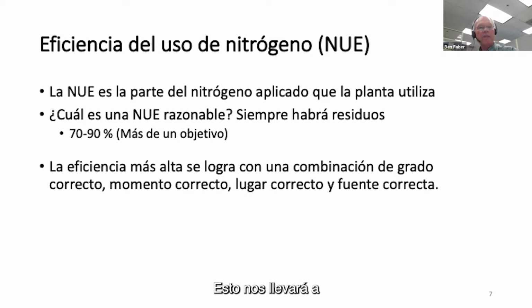So that'll lead us to what we call the nitrogen use efficiency, when we compare the amount of nitrogen that is required versus that which is applied. So, no system is completely efficient. You put on nutrients by way of water, and that's released from soil, or that which we apply from fertilizer, and not all of that is going to go into the tree. There's going to be some losses. So efficiency is always going to be somewhat less than 100%. But the optimum efficiency is going to come with applying it at the right rate, right time, right place, and using the right source of